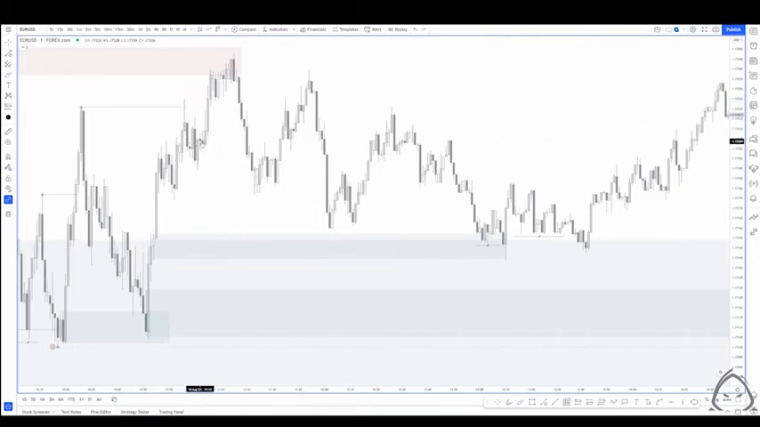Yes, it does break structure. Does it mitigate anything? No. Does it sweep liquidity? No. That's why this area does seem a little bit more high probability. We sweep liquidity, we break structure, we mitigate a previous demand zone. And that's why,